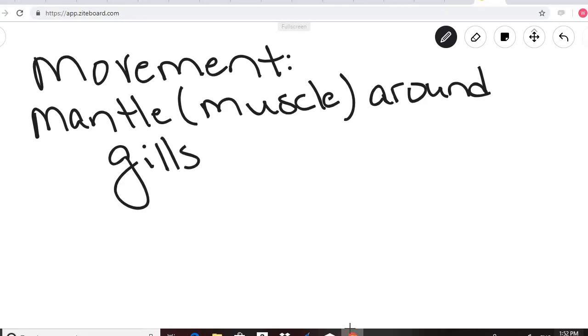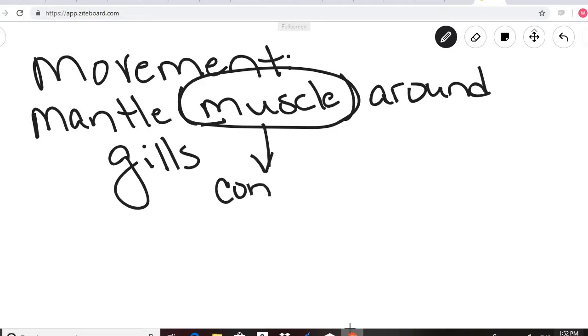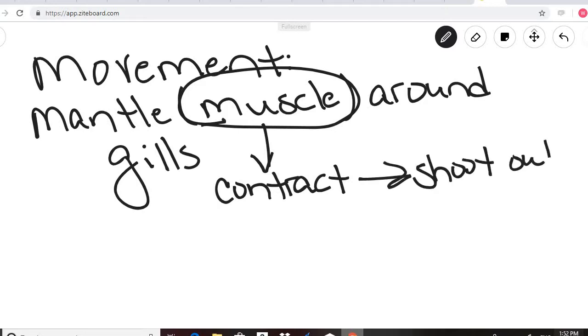So it's important that we understand that this mantle is a muscle, because when they contract that muscle, they shoot out water. So contract this muscle, and that allows them to shoot out water, and if they shoot out water in one direction, that moves them in the opposite direction. So this mantle, which is made of muscle, is really important for the